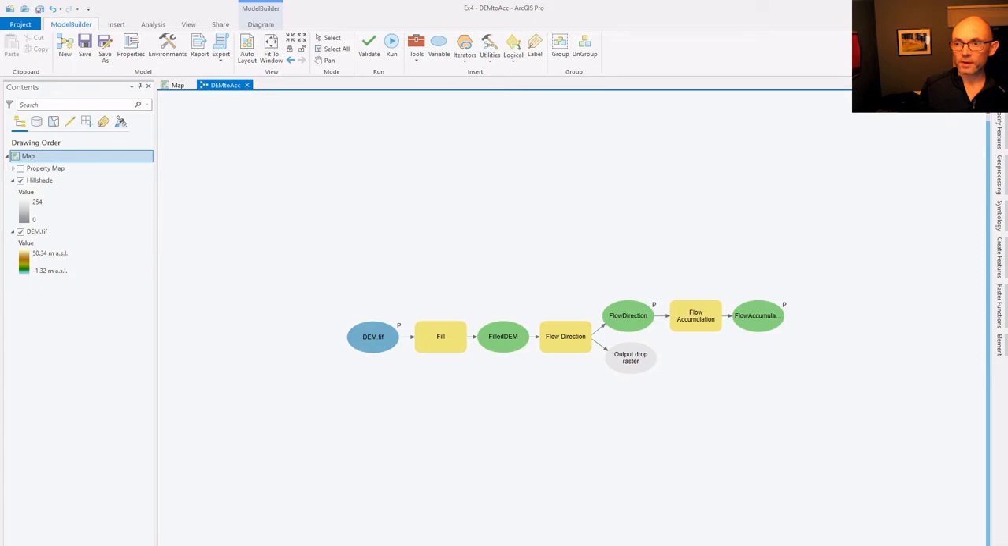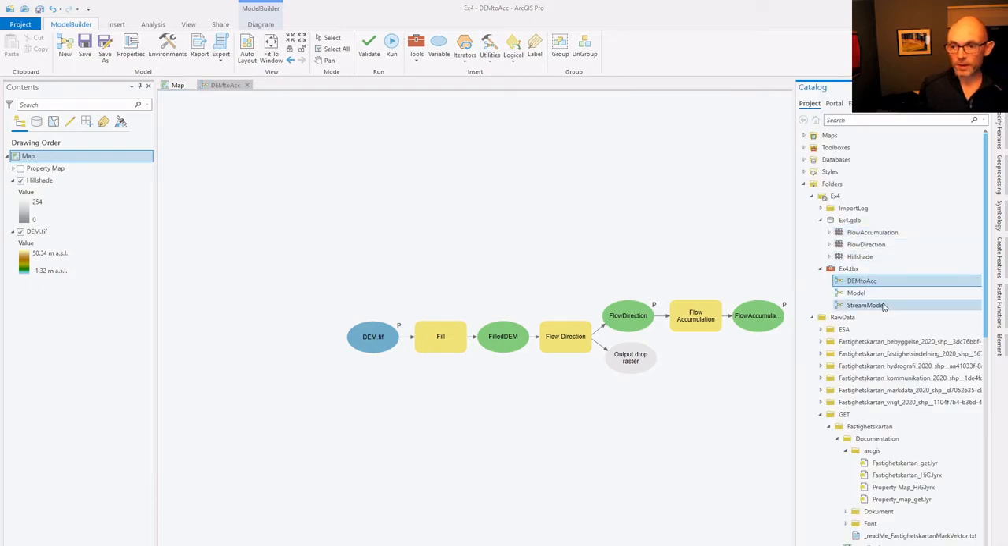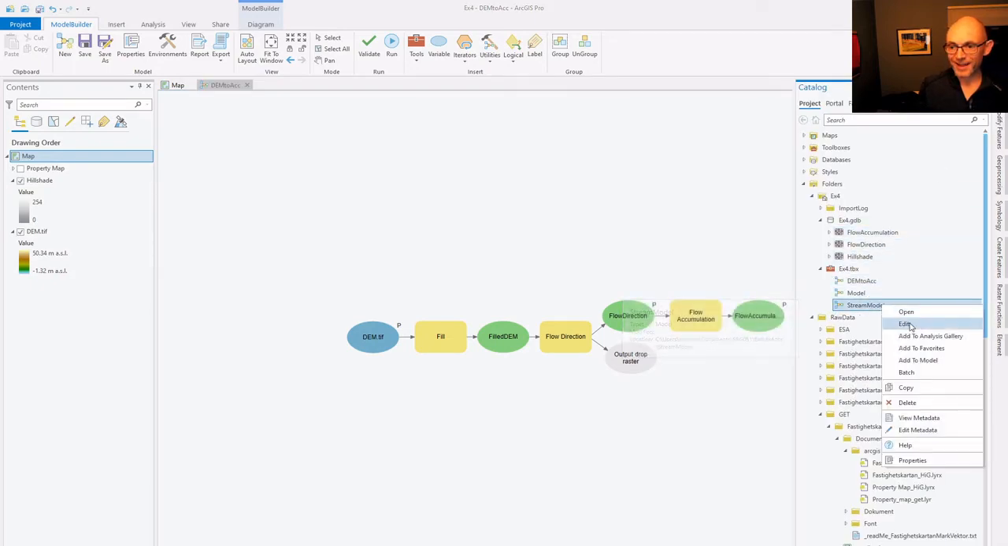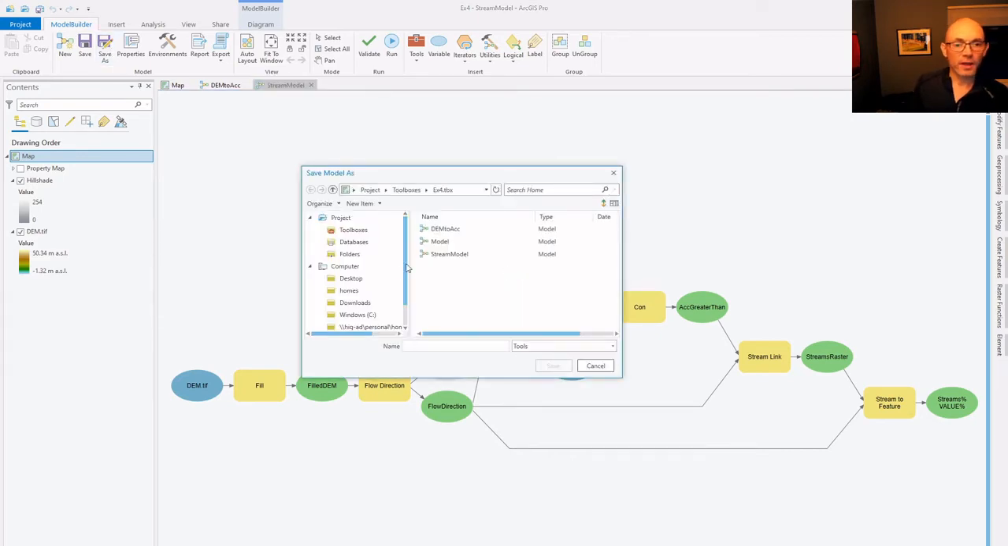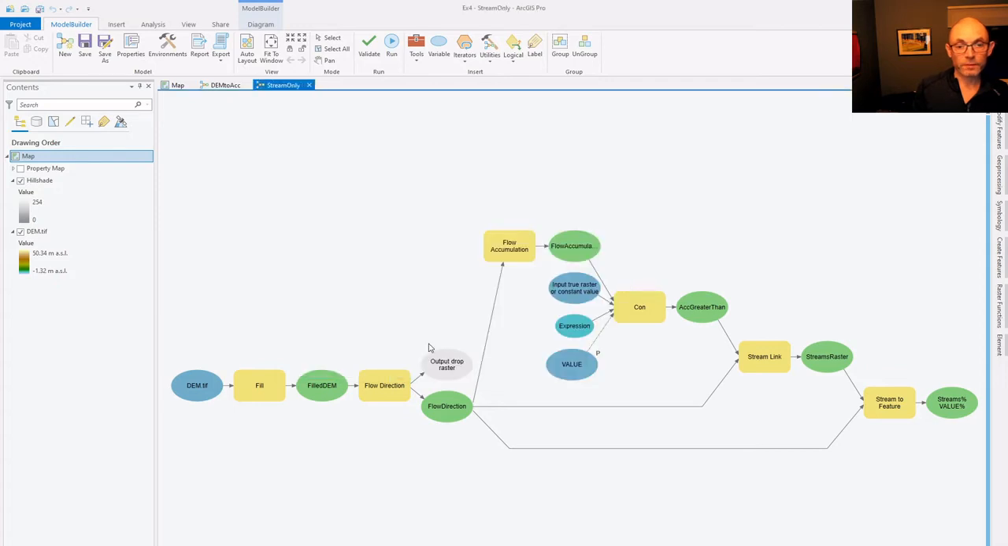We now click on catalog, and we go back to our stream model. We click on edit there. So we've got everything again. Let's just save as, and then we'll call this stream only, for example. And what we then need to do is get rid of all this upstream